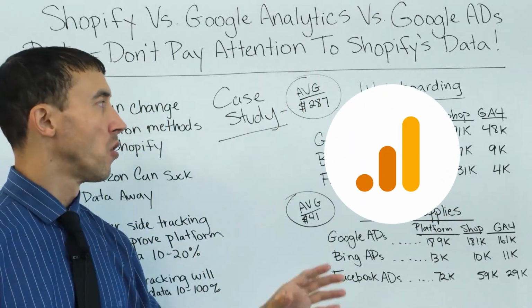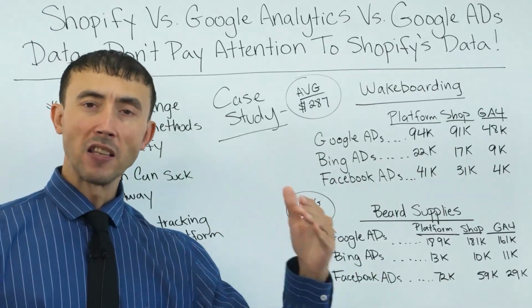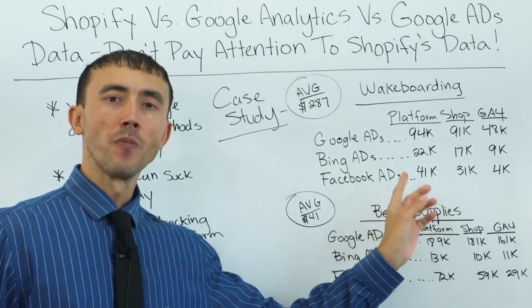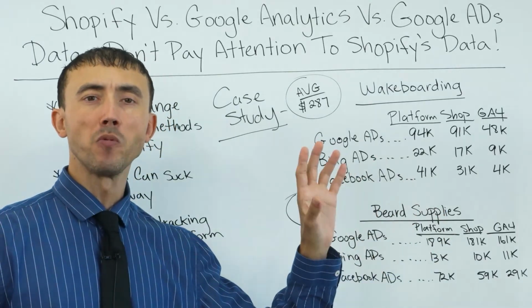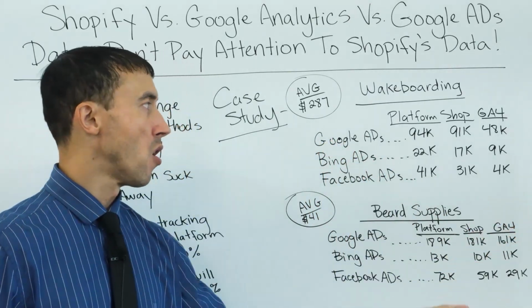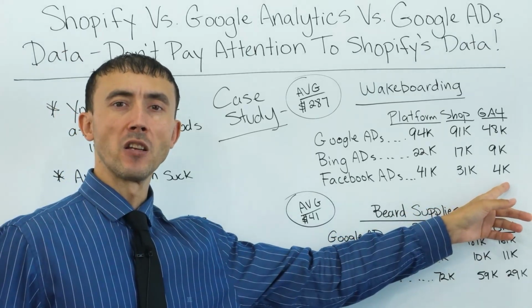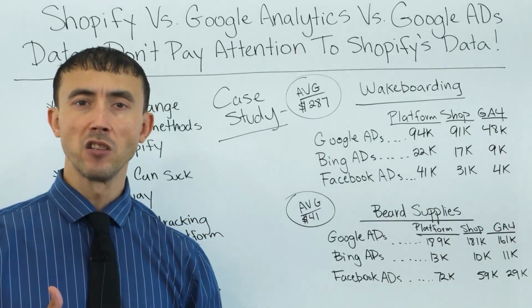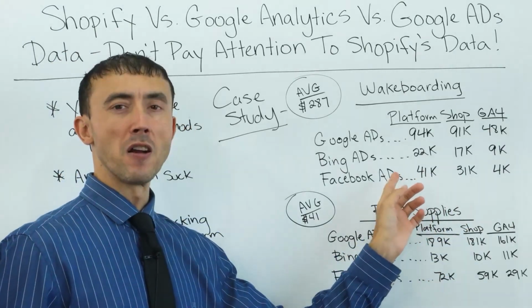And the ad platform is what's important, not Shopify, not GA4, even though I like to use Google Analytics 4 as a backup source of information, specifically so I can see if the ad account is not performing correctly in terms of the tracking. So we'll set up goals in Google Analytics 4 and we'll find out what's that ratio of sales that it undercounts compared to the ad platform.